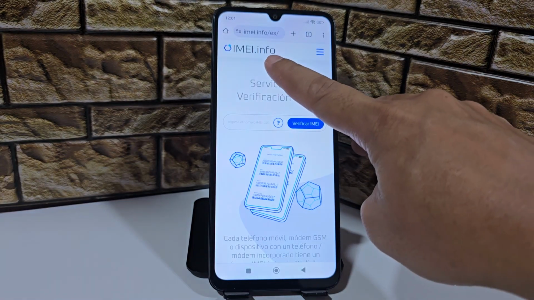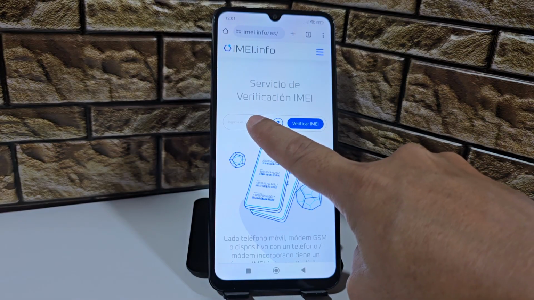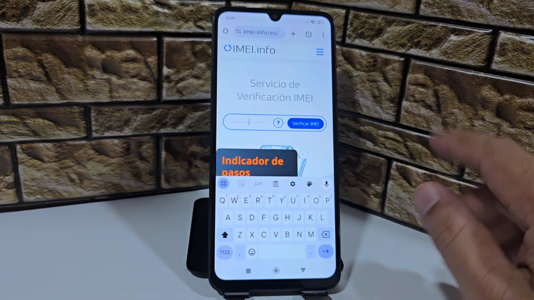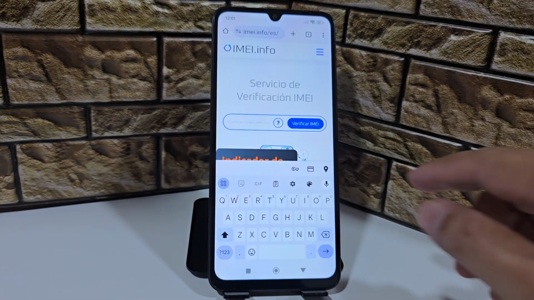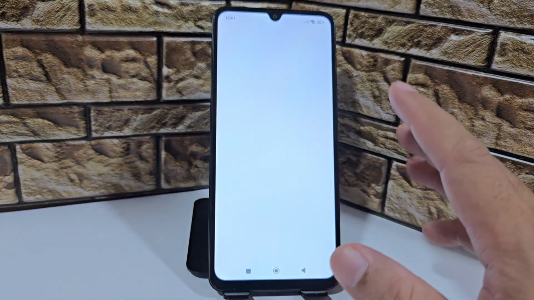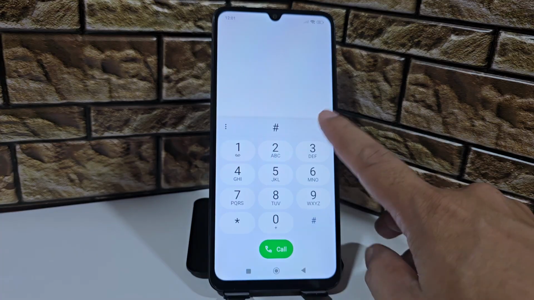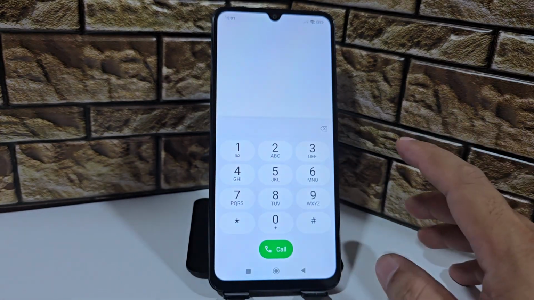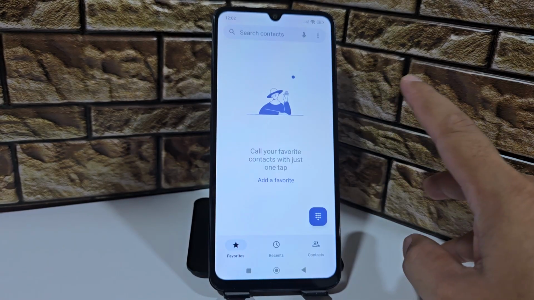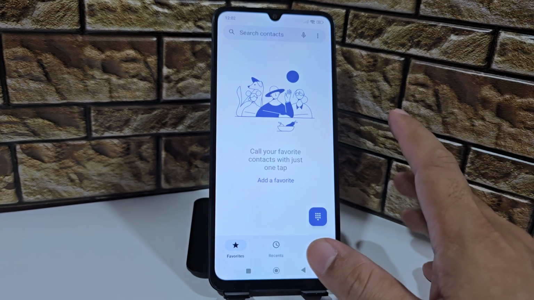Then, in Google, we type imei.info. OK, here's what we're going to do. Paste the 15 digits of our IMEI. It will then tell us if our IMEI is working correctly. If it says it's been reported or something, it's because your IMEI isn't working. The other thing, which is another alternative that never fails,